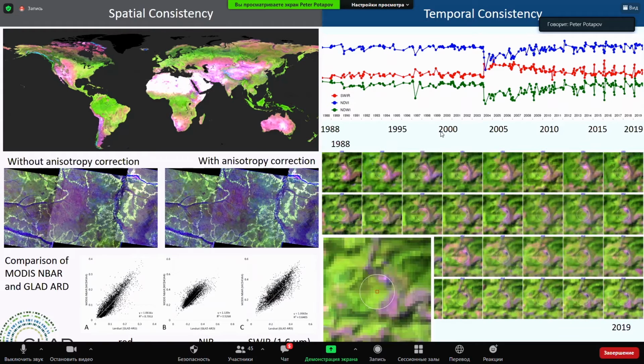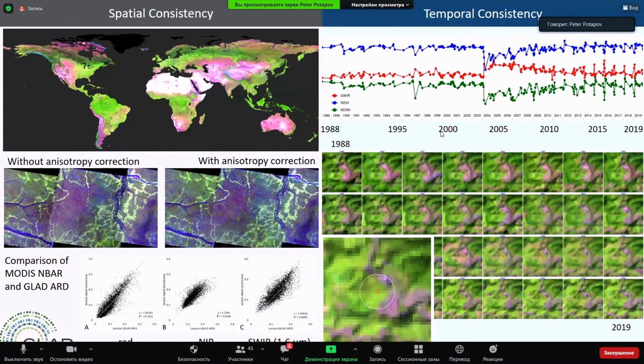The images show you the cloudless composite images for the last 30 years. And this is how we can interpret with a high degree of confidence the changes in land use and land cover for that pixel. We see that at first it was a natural forest, which was disturbed several times due to cleaning of adjacent territories.